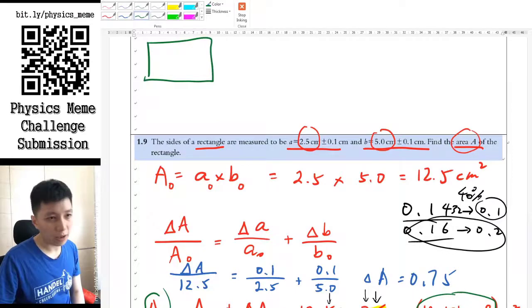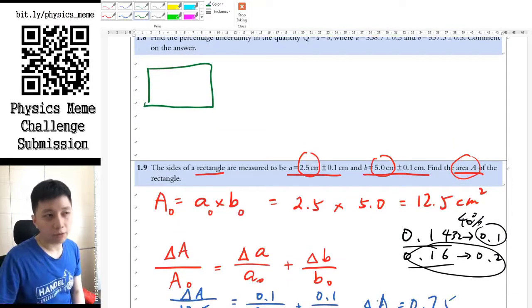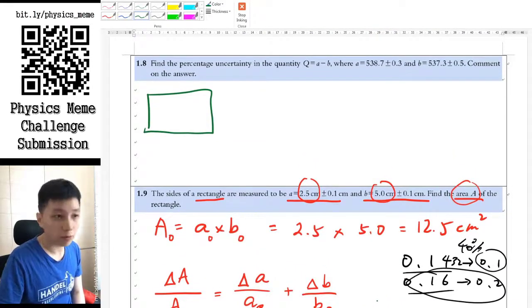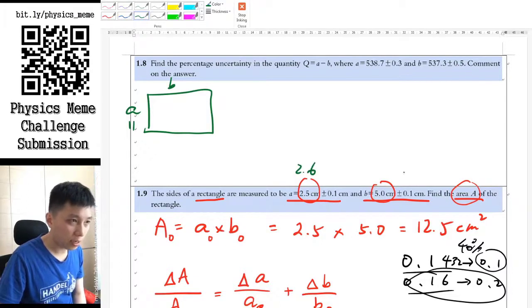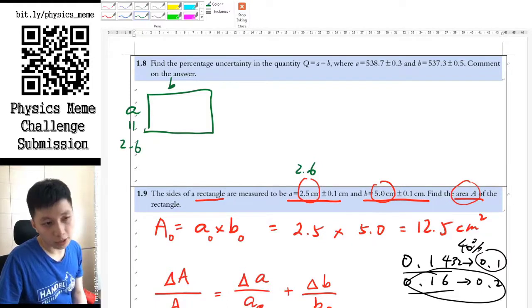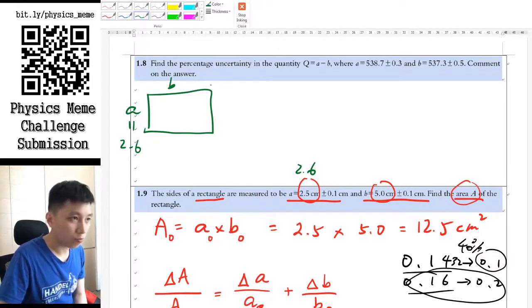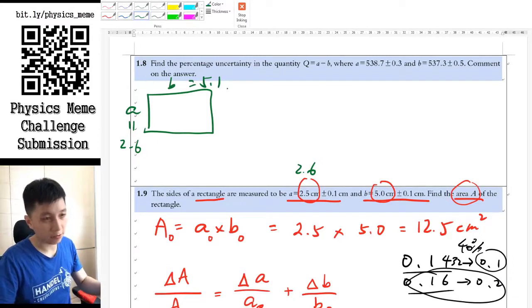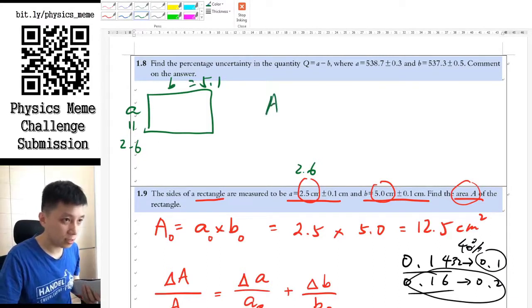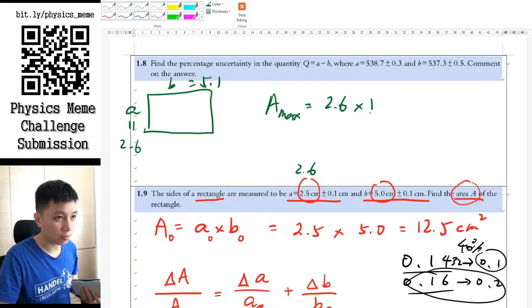So let's take a look at how it will look if you directly calculate the maximum and minimum. For say A and B like this here, the maximum of A could be 2.6, right? And then 2.6 here. And also the worst case for the big area will be 5.1. Both of them will be big in order to make it the biggest, right, for the area. So in that case, the so-called A max would then be 2.6 times 5.1